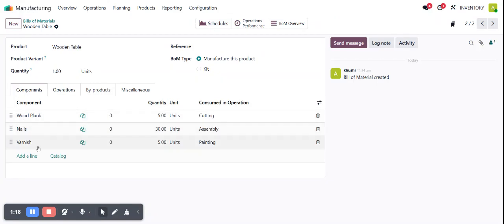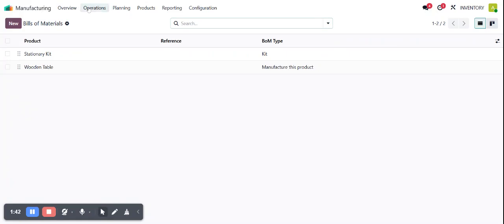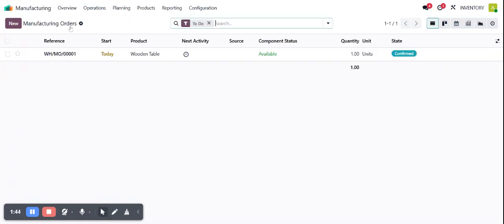plank, nails and varnish. Now you want to assign each component to its corresponding operation using the consumed in operation field. So you have to click on these two dots and you can see that I have already assigned the operations for each component. Now you just click on the operations and then go to the manufacturing orders, click on